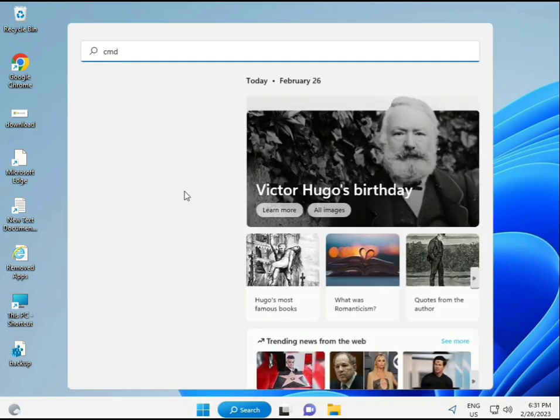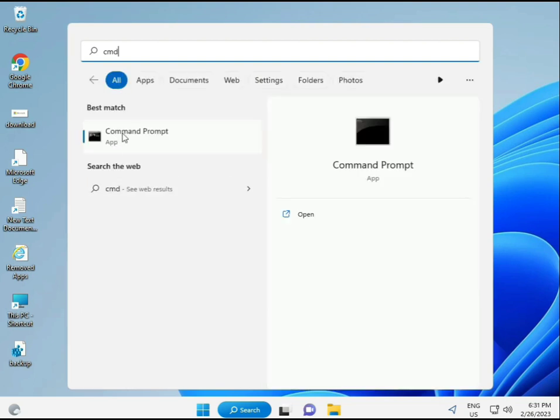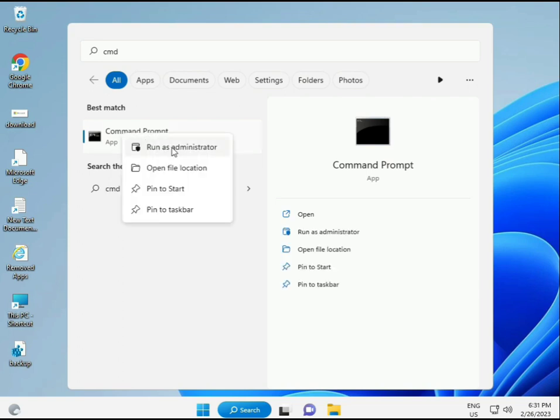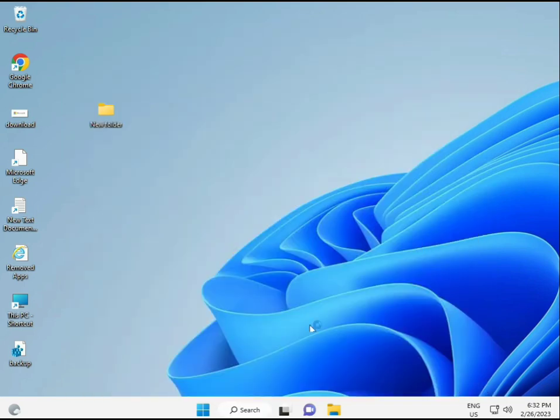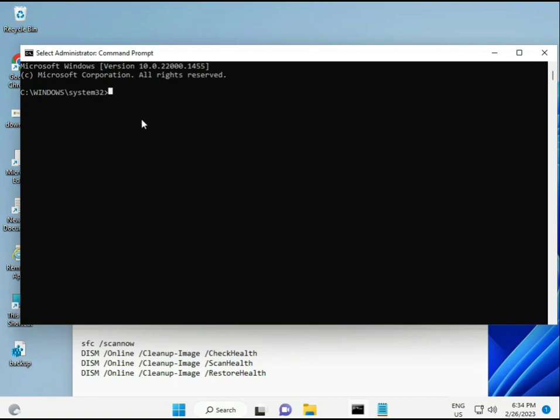then guys, click the start button and type cmd and then enter. You can try to run as administrator, right click and run as administrator, so you're giving full permissions. Okay,